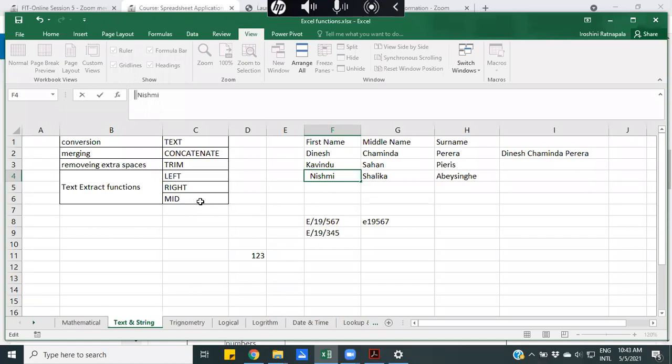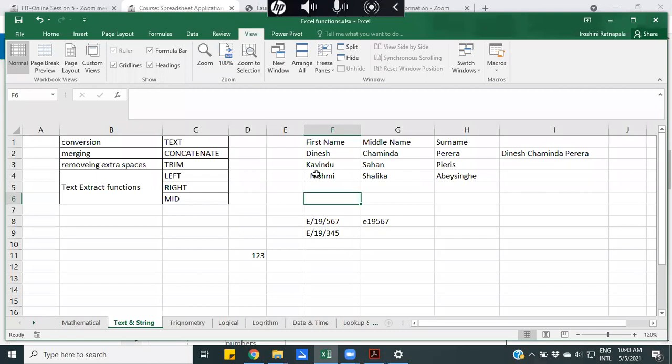But the thing is, when we are doing some string operations, extra spaces, pre or post, will give an incorrect result in our final column. So let's say I want to concatenate Nishmi and Shalika, I will get extra spaces in front of the name.